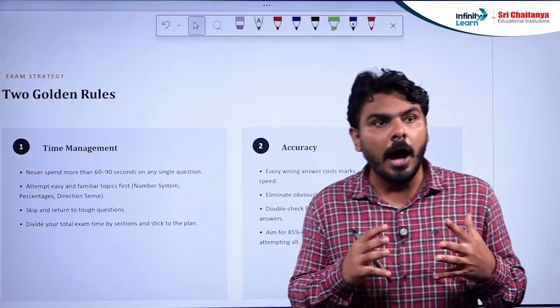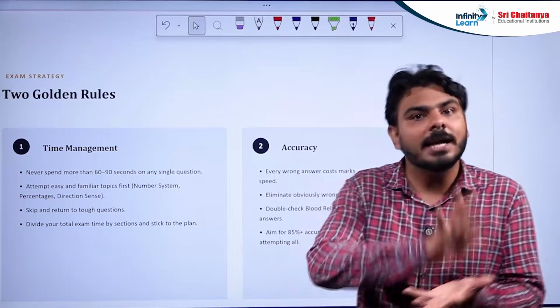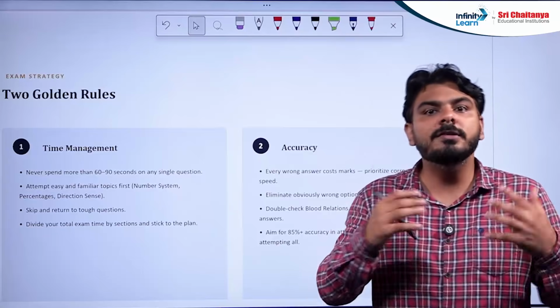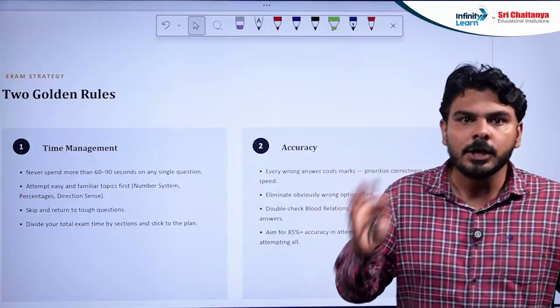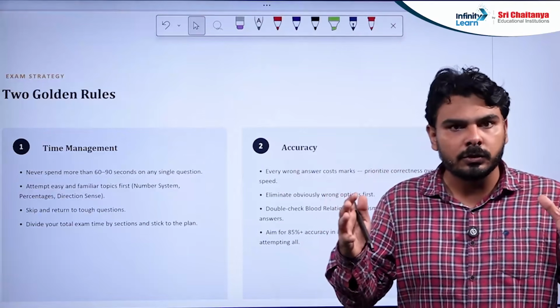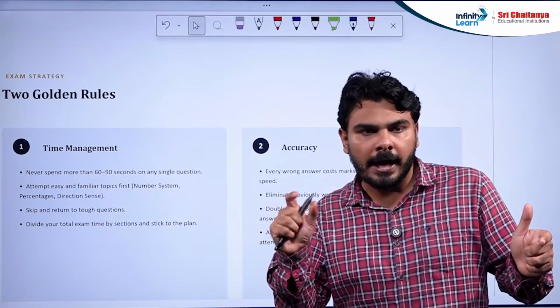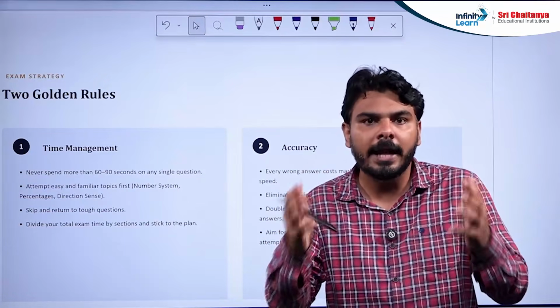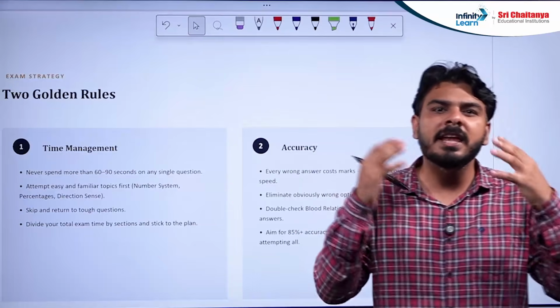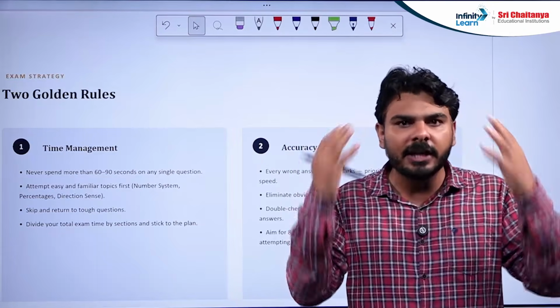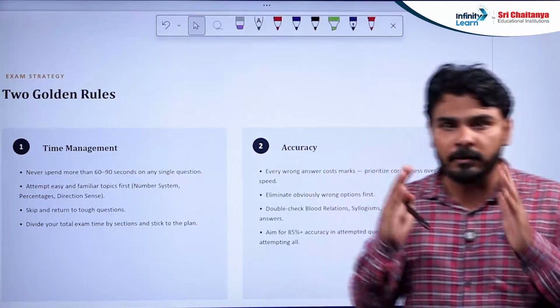Some students are good in biology, so they can start with the bio portion. Some students are good in maths, they can start with maths. So you have to do that also, so that at the end of the exam, you don't have a regret that you skipped that part which is very easy for you. That is your best strength. You have to do that part first.